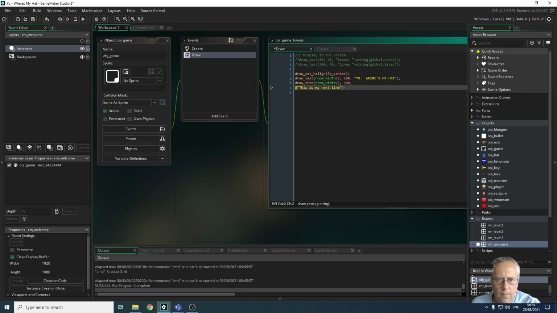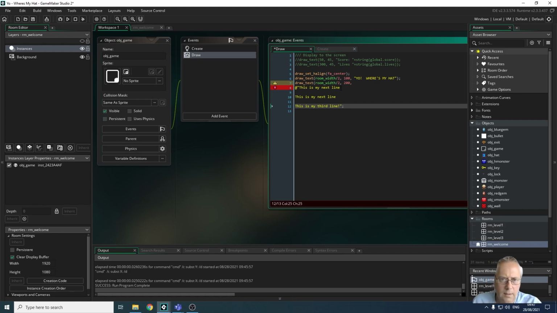And now whatever I type in here, I'm going to get rid of this. Okay, whatever I type in here now, I can say this is my next line. This is my third line. Exclamation mark, and then I'm going to close my speech mark, like, oh, not like that, like that. And when I run my code now,